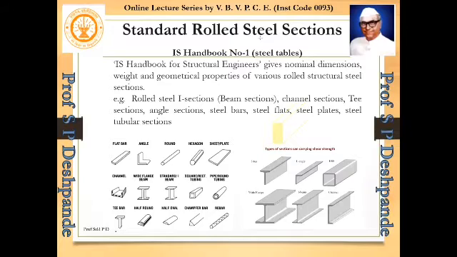Similarly, in this case, this is going to be the cross section, the T section, and this is going to be the length, beam, column, whatever it is. So cross section is T, cross section is angle, cross section is tubular or box section, I section. This is also I. This is a wide flange. इसका width देखो ज्यादा है. This is normal I section and this is channel section. So these are the various sections that we use.